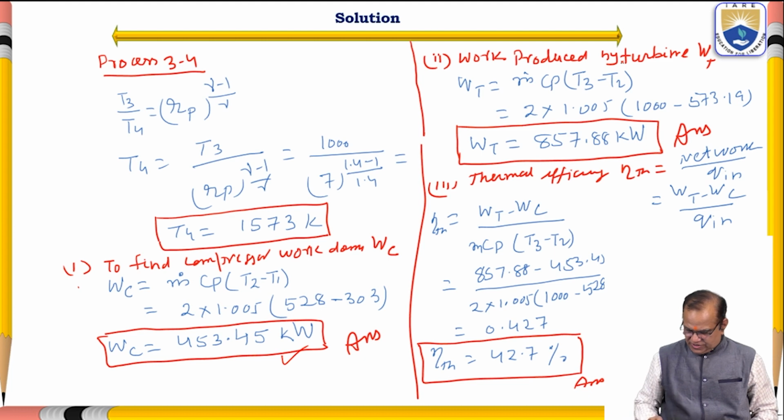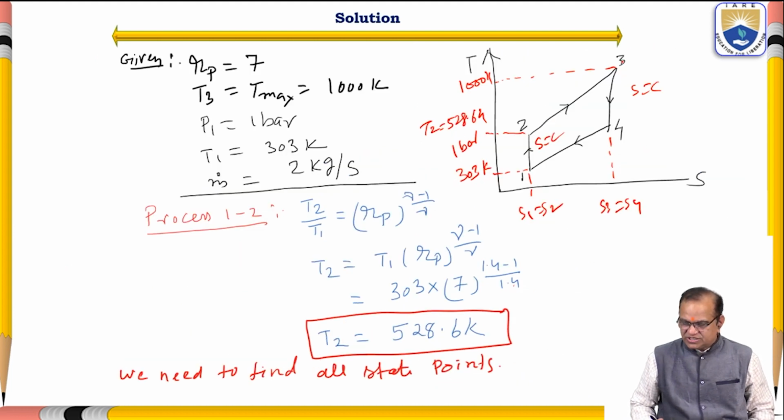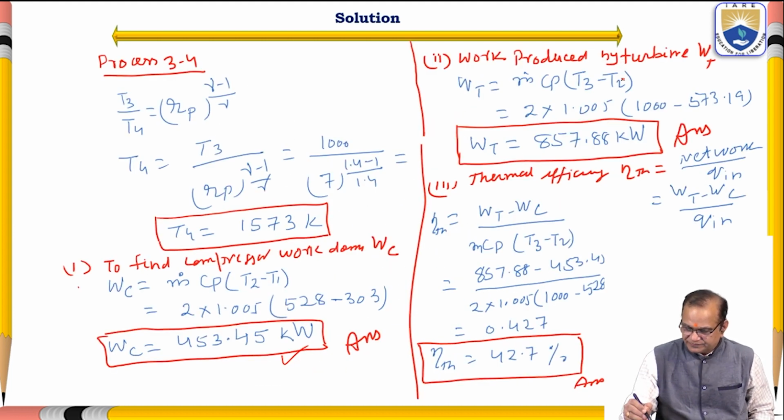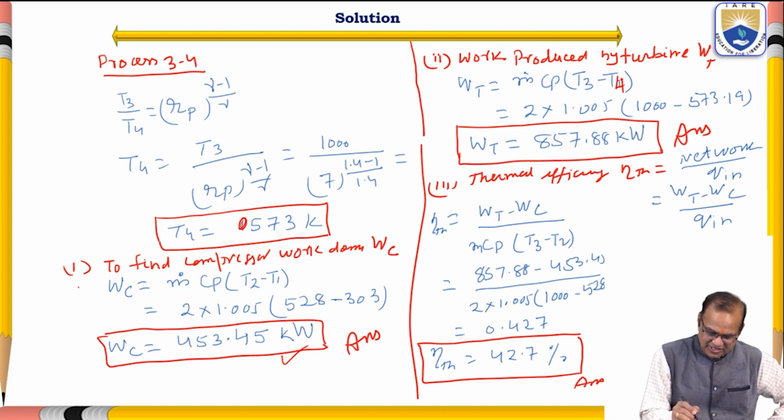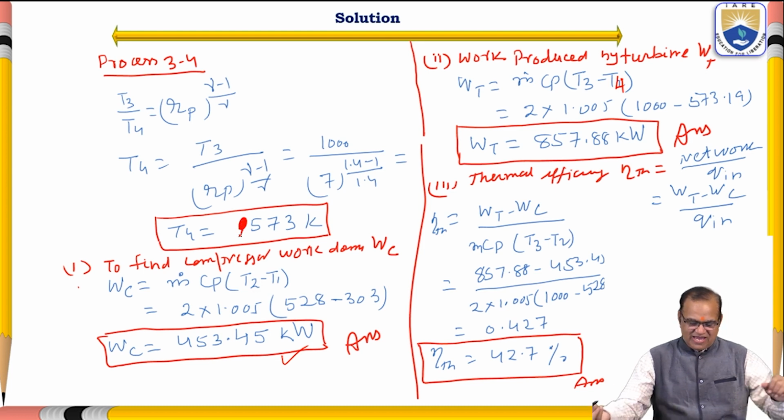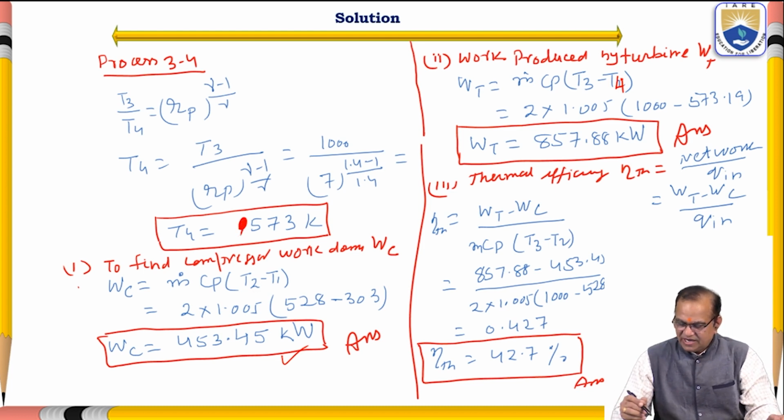It is not T3 minus T2, it is T3 minus T4. So here it is 573. Sorry, this is wrong. That's why I am telling that here, 1000 minus 573.19